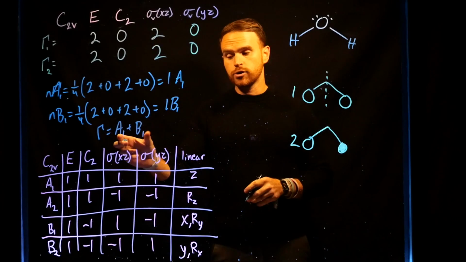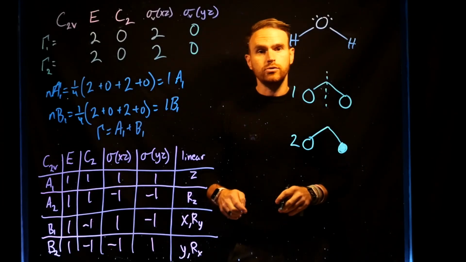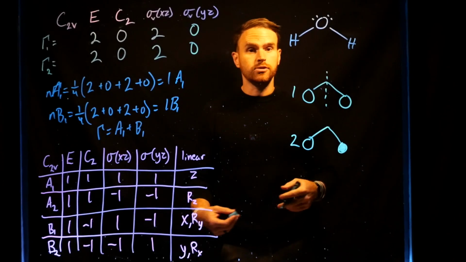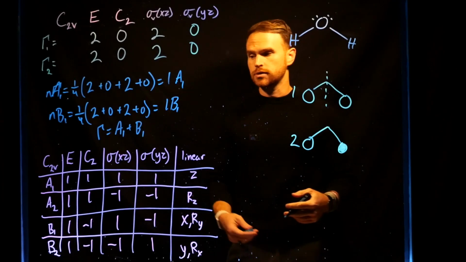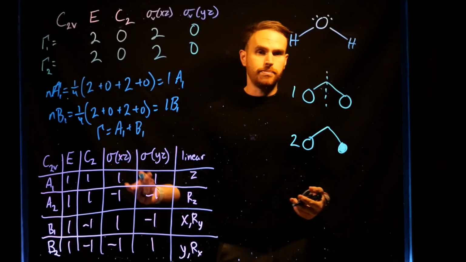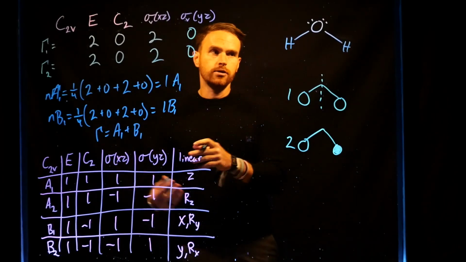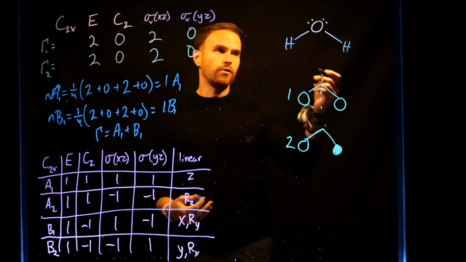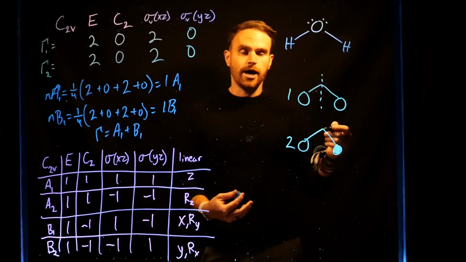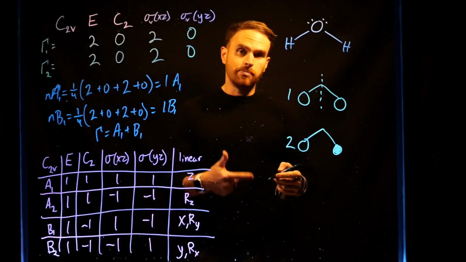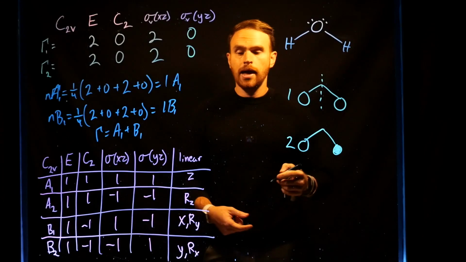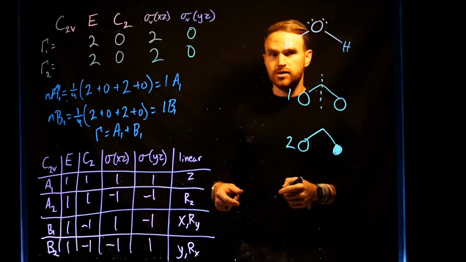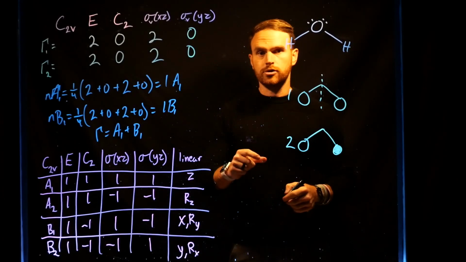1 B1. Irreducible representations that we can use to create our molecular orbital diagram to create actual bonding interactions are going to come from A1 and B1. Okay, so then once you've determined that, you need to look at the center atom orbitals and see which ones apply. So don't forget that for an oxygen atom, you have access to the S, the PX, the PY, and the PZ. And we can use the character table to see which of those orbitals correspond to those orbitals on